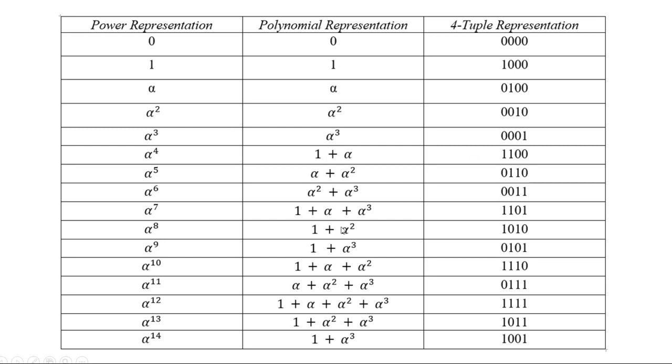Similarly, for example, for alpha 9, how does it come? The coefficient of alpha 0 is 1, the coefficient of alpha is 0, and the coefficient of alpha cube is 1. So it will be